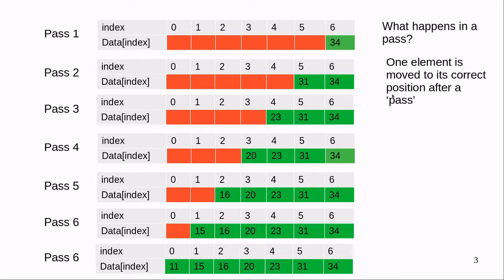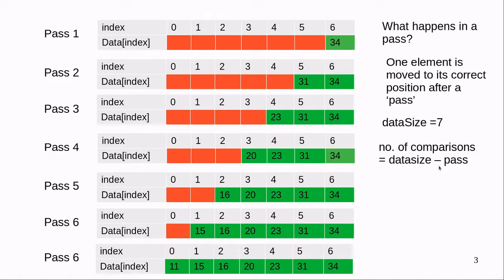What we can see here is that one element is moved to its correct position after a pass. Here 34 has been moved to its correct position after the first pass, after that 31, then 23, 20, 16 and 15. The data size in our example is 7, so we have an array called data and the size of that is 7.